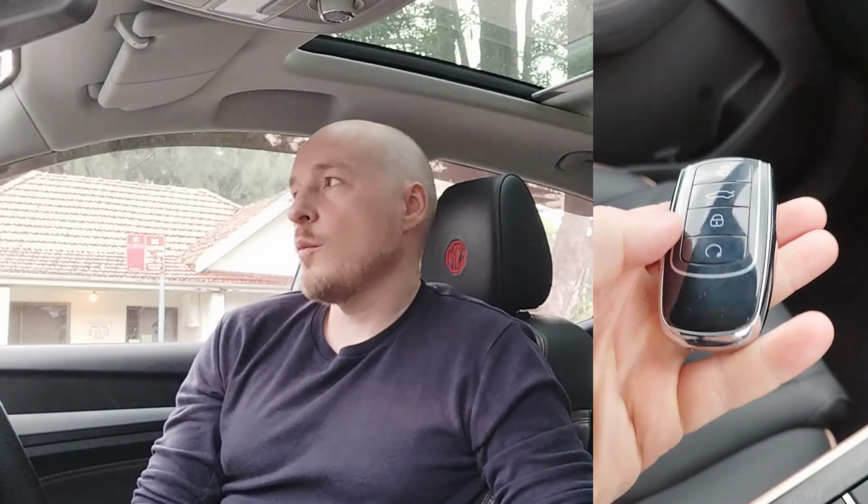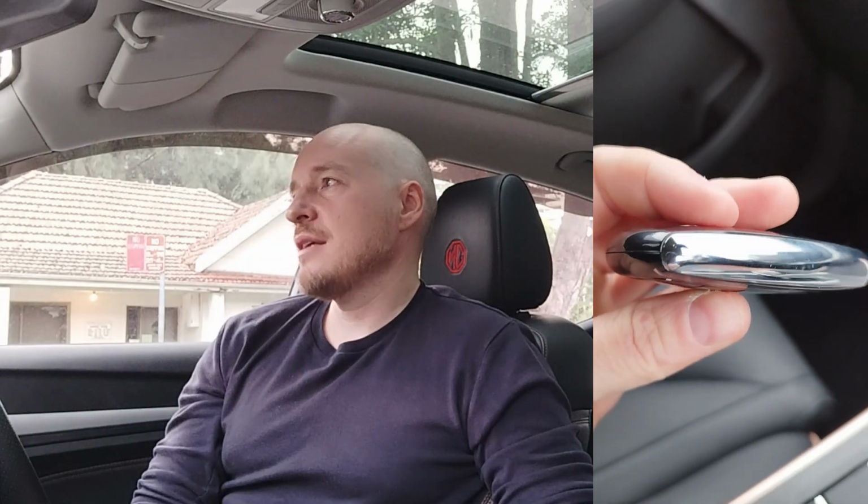It has 4 buttons as well. It has the opening of the tailgate, it has the closure, it has the open, close, open the tailgate, 3 standard buttons, but they decided to do something different with the 4th button here. And that button, my friends, is not a panic button, it is a remote start of the engine button that